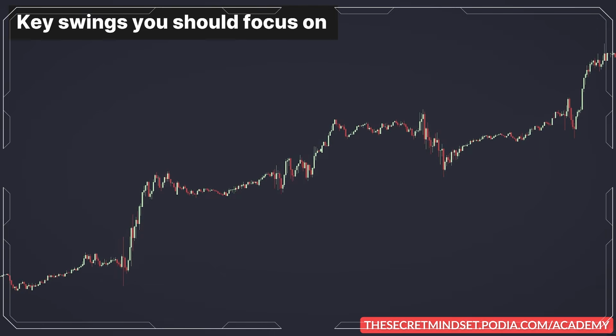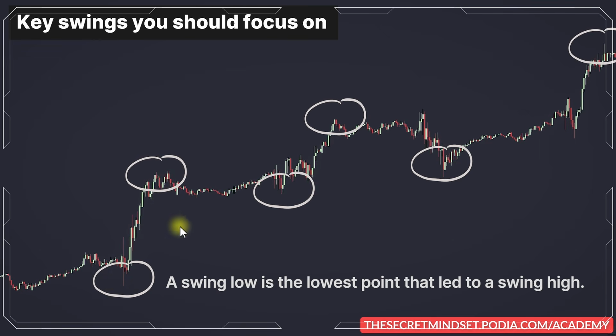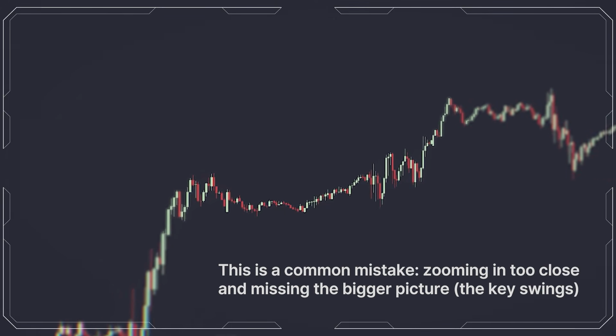Now, real markets aren't perfect. They don't move in straight lines. That's why we need to focus on the swing highs and lows. These are the big turns in price. A swing low is the lowest point that led to a swing high. So when you see a new high form, look back. The lowest point before that high is your swing low. This might sound basic, but it's super important,